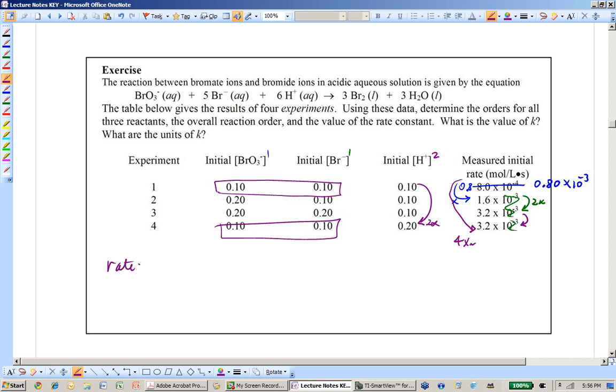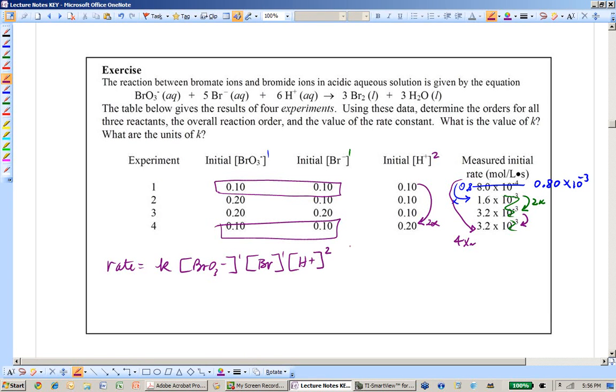So rate equals K, concentration BrO3 minus to the first. And again, you don't have to write that one. I just do it for emphasis. It would be perfectly acceptable if you just stop at writing the brackets. This one, however, is non-negotiable. H plus